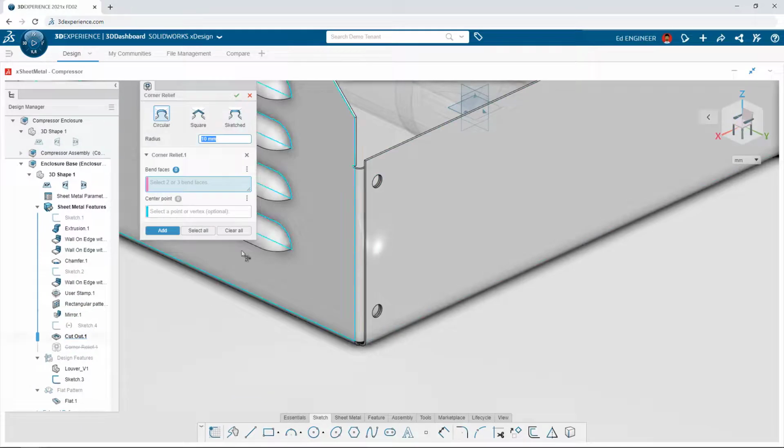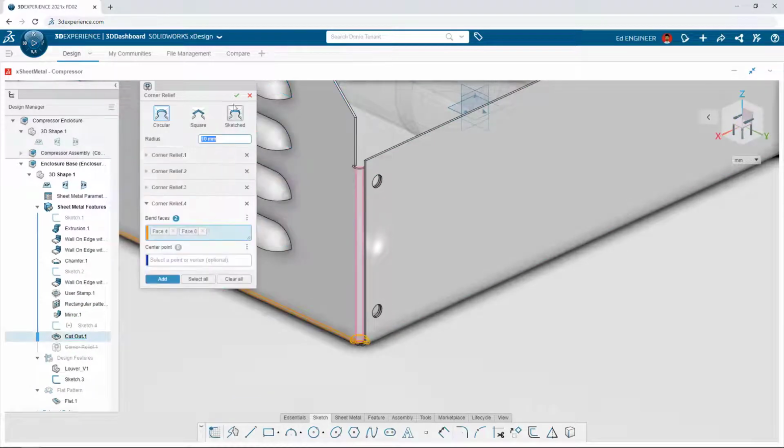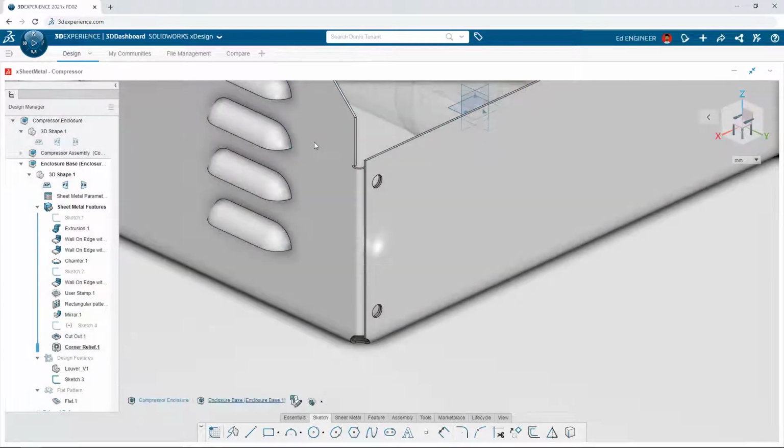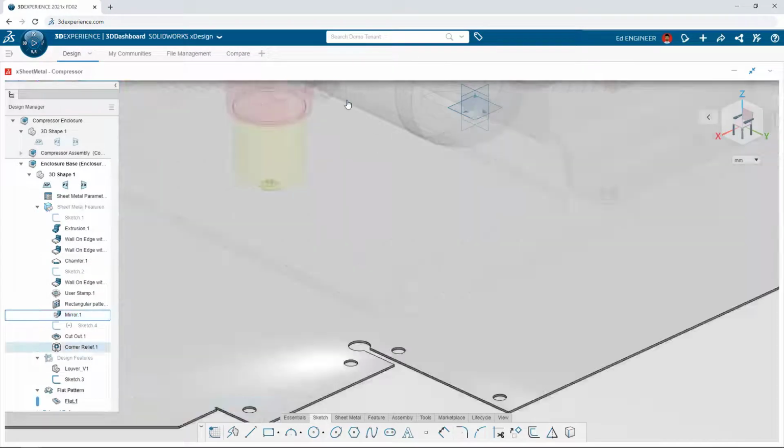Sheet metal design deserves a purpose-built tool. All of the capabilities you need right at your fingertips, none of the ones you don't. That's 3D